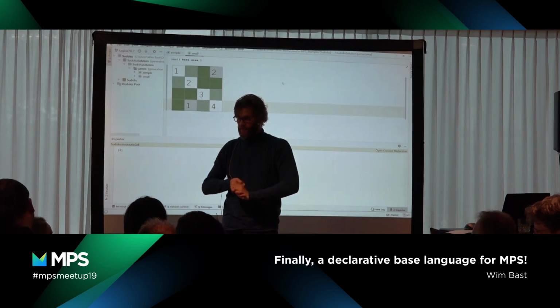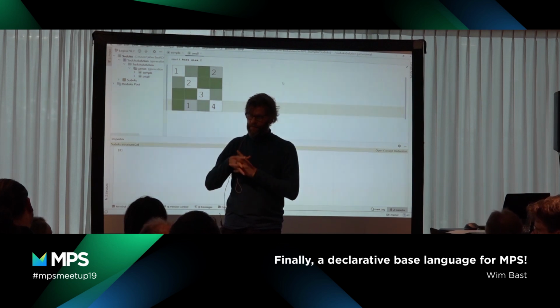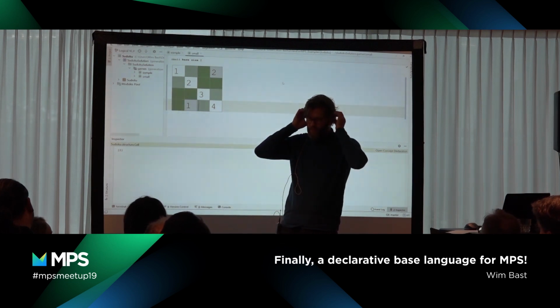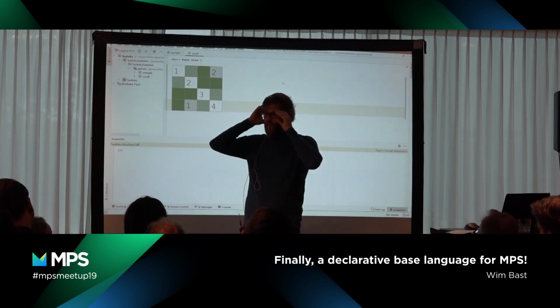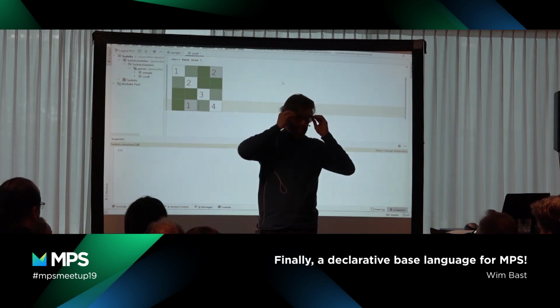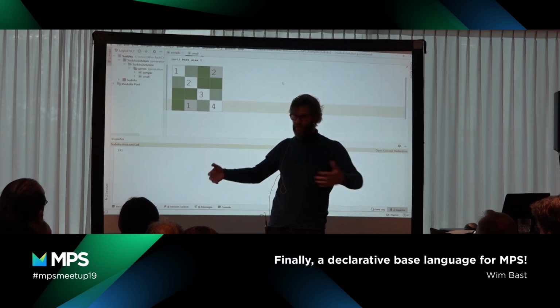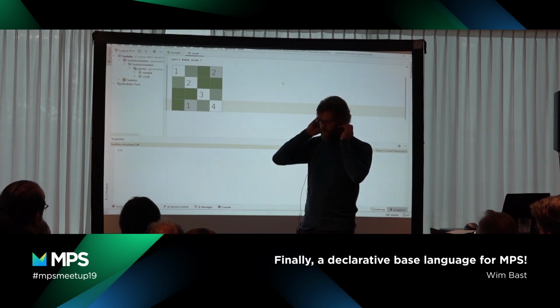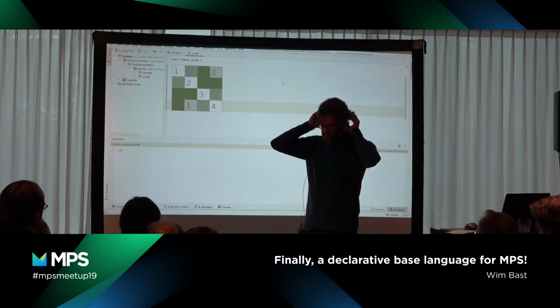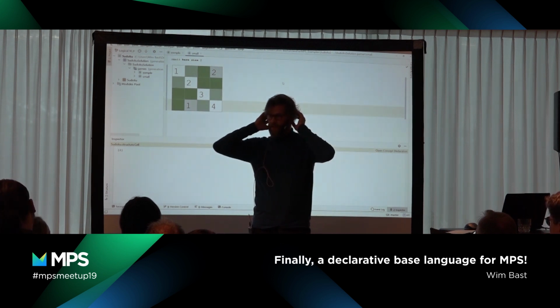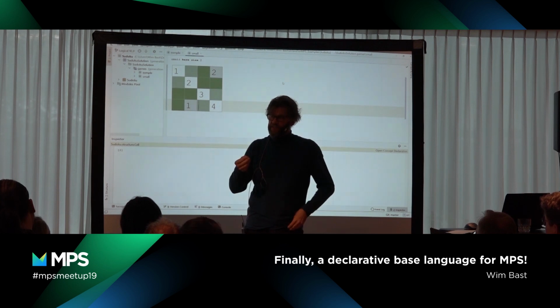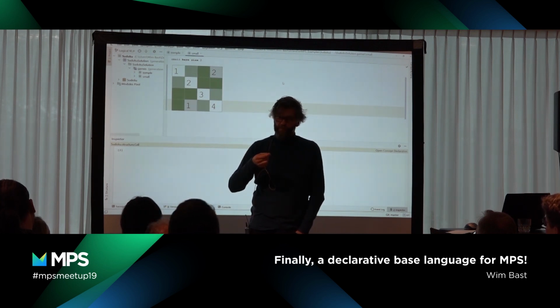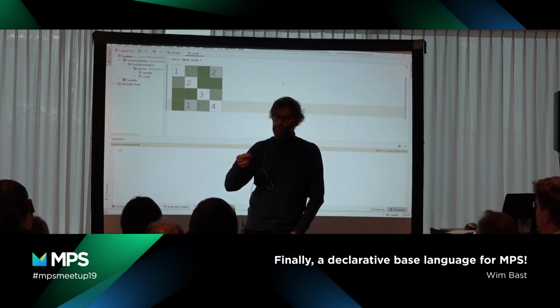Did you use it in other aspects? Other MPS aspects? Not yet. We are experimenting a little bit. Of course, this is just the rules aspect. So we didn't create a transformation or an interpreter aspect. But we have created in JDclare, for example, a parser editor. So you can do all kinds of stuff.